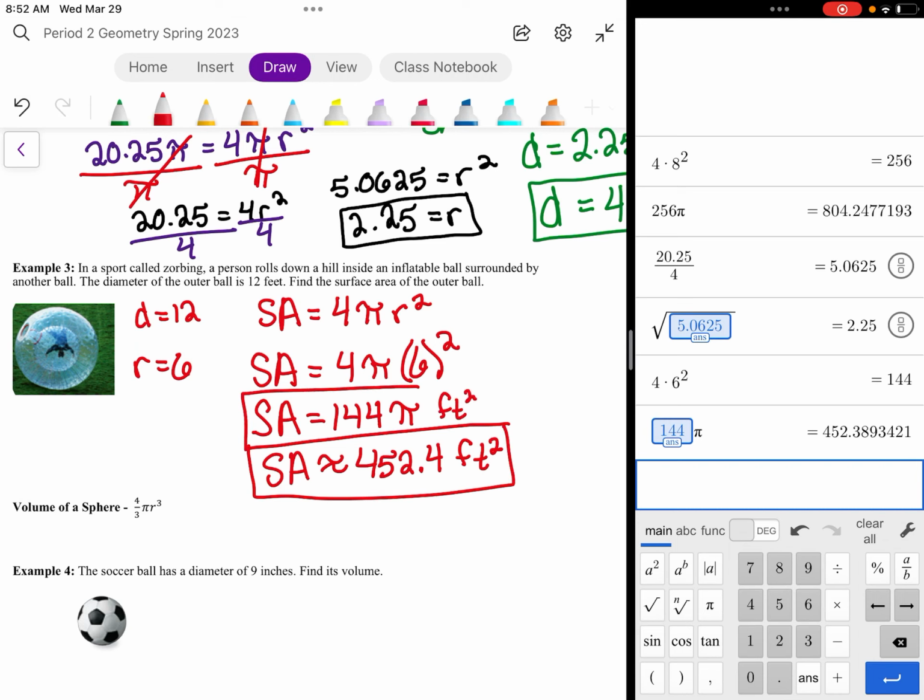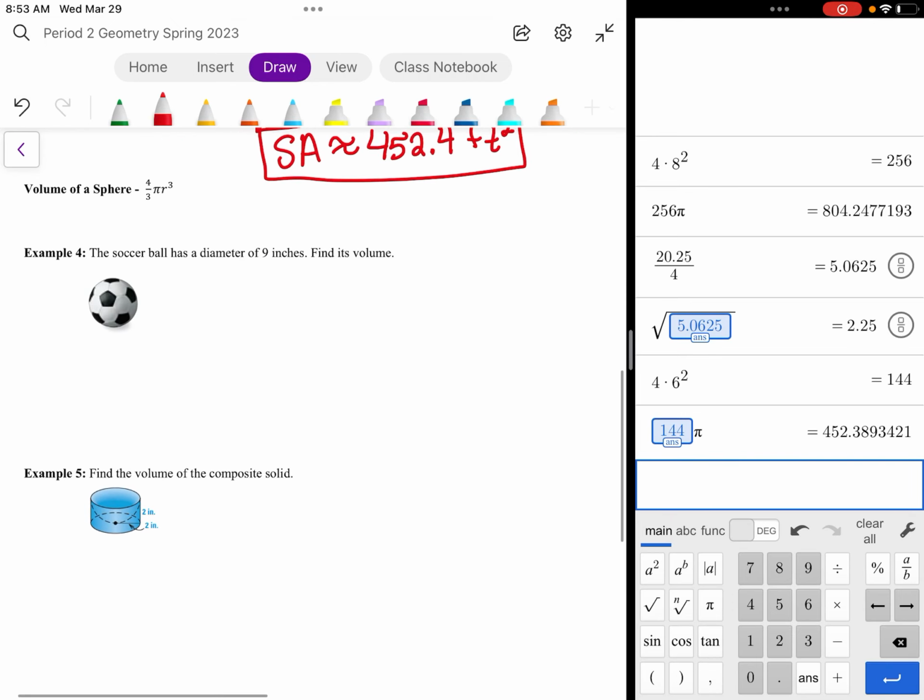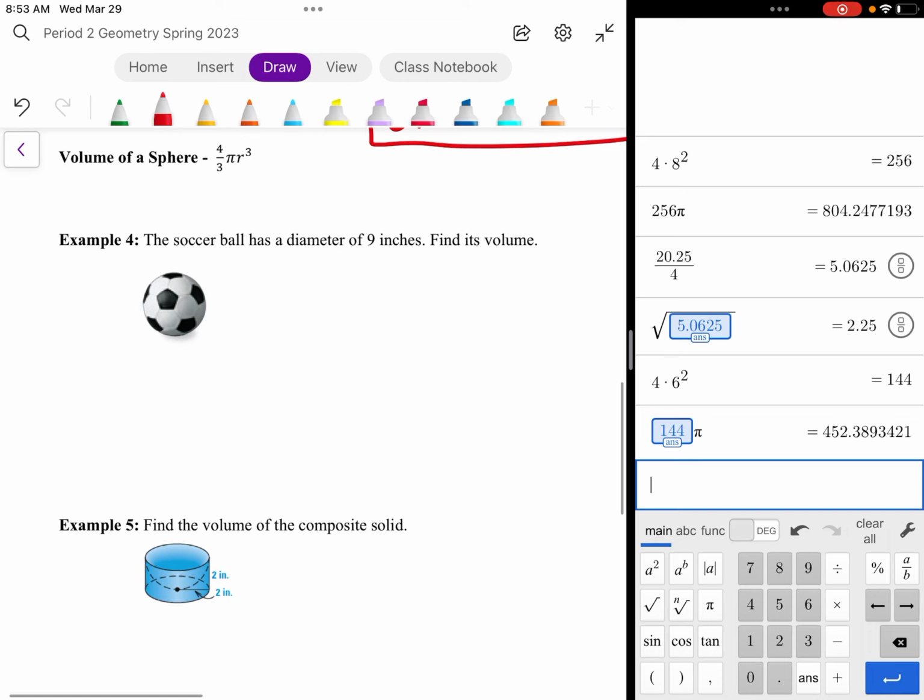So you just need to make sure you're reading the directions on the quiz and the test to make sure that you are giving the correct answer that they're asking for. Awesome. So then that's our surface area. Next is volume. And just like before,